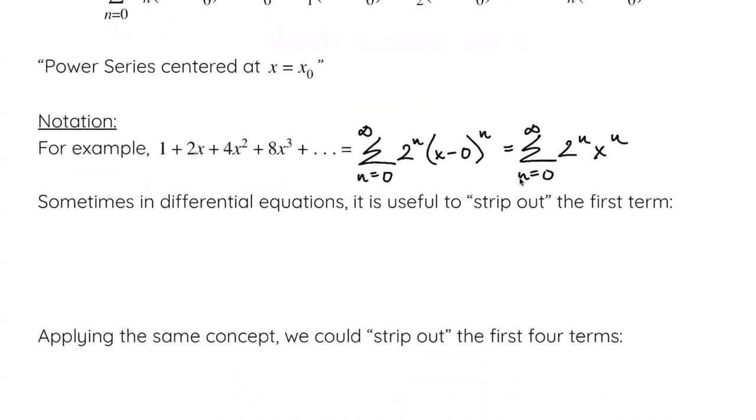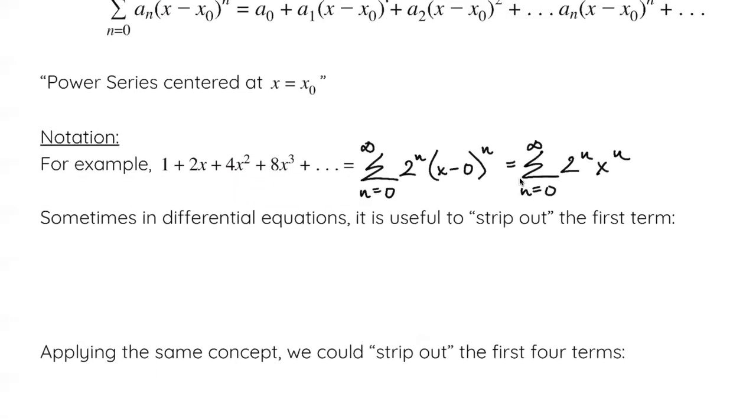Now, one of the things that is actually useful a lot in differential equations is sometimes we actually want to see that first term by itself, and then we write a sum of all the other ones. So in other words, we strip out the first term, right? So occasionally you might have a power series written like this. So instead of saying starting at 0 and having your power series, you would write it as a sub 0. So that's taking out the first term plus